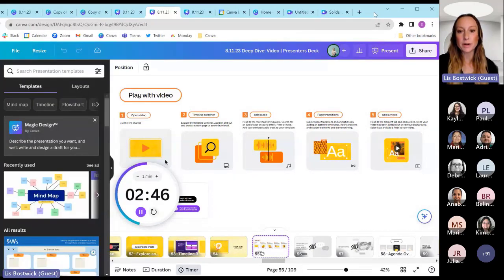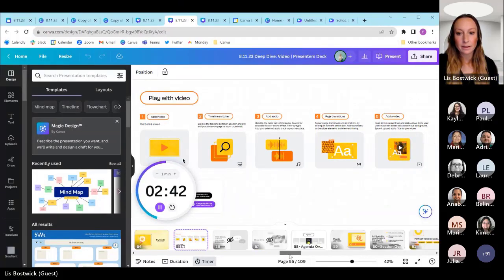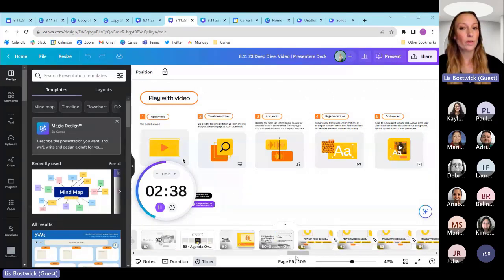So we have just over 2.5 minutes. And once we go through your own creating, we will come back and see if it works for us to all share back to one of our collaboration documents. And then we're going to dive into different ways you can use video in the classroom.